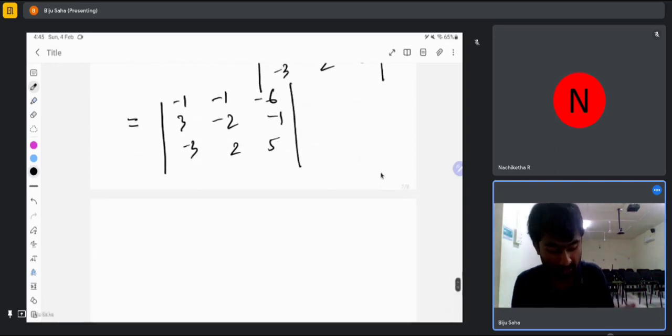Yeah. Similarly, right now you have a 3 cross 3 determinant. You can either go through the traditional way of calculating it, or you can again perform row operations on it with the intention of making any element to be 0. Like